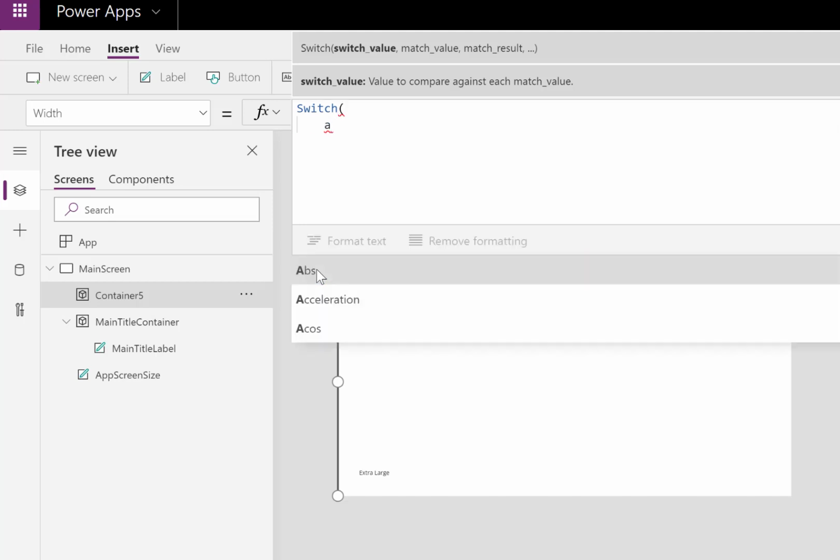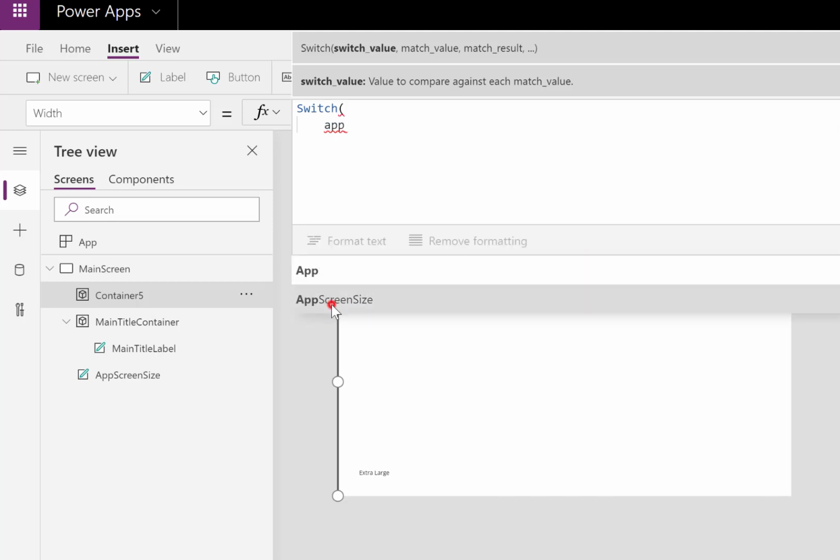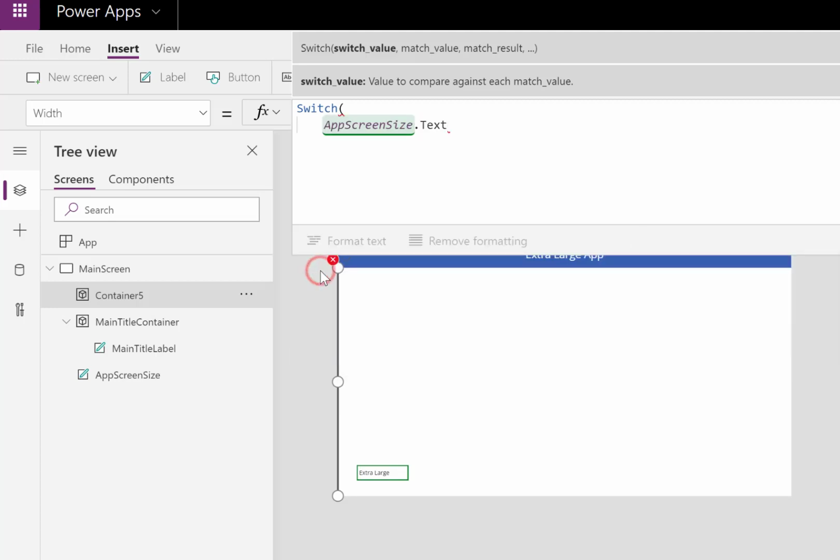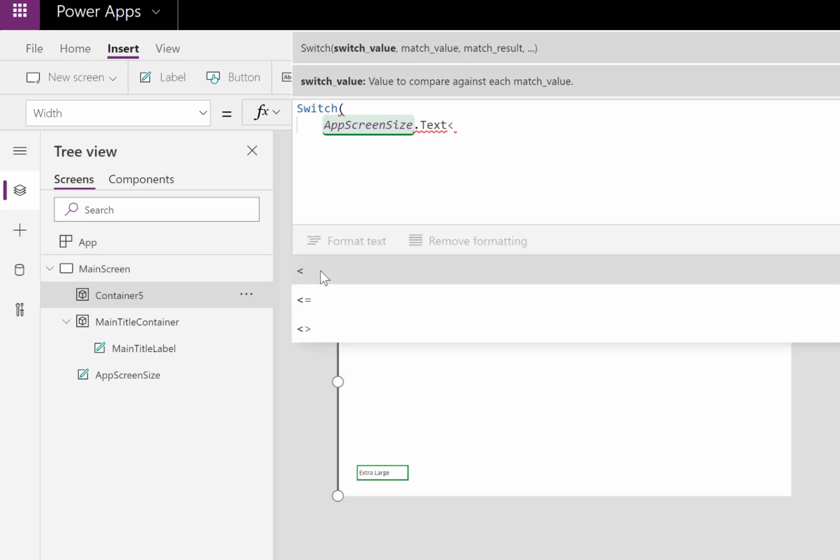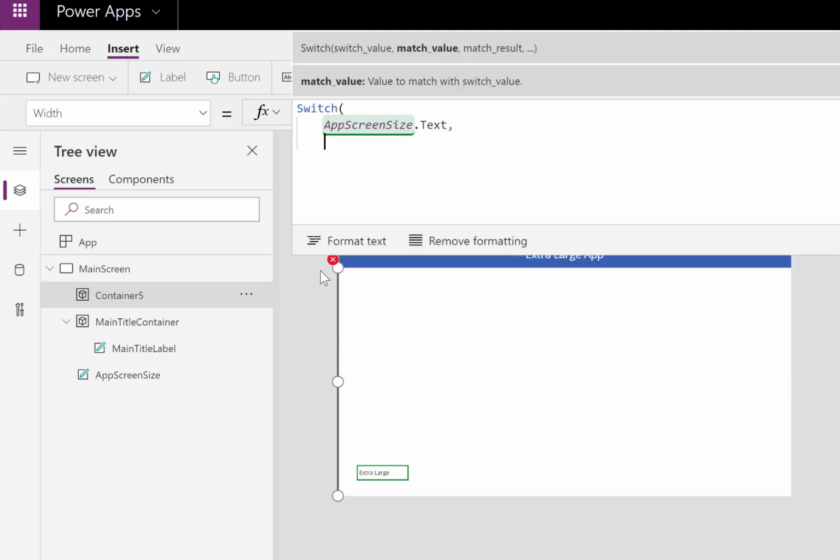So they're all going to be based off my app.screen size and the text in there. Now switch works off the switch value, and then we've got a match value and the result from that. Okay, so the first, if it's a small screen,